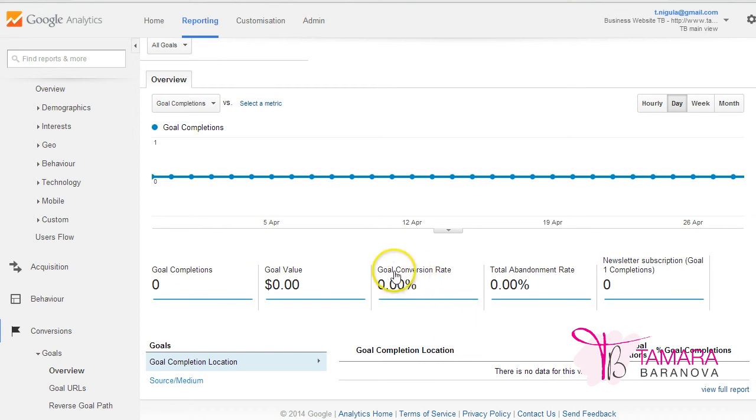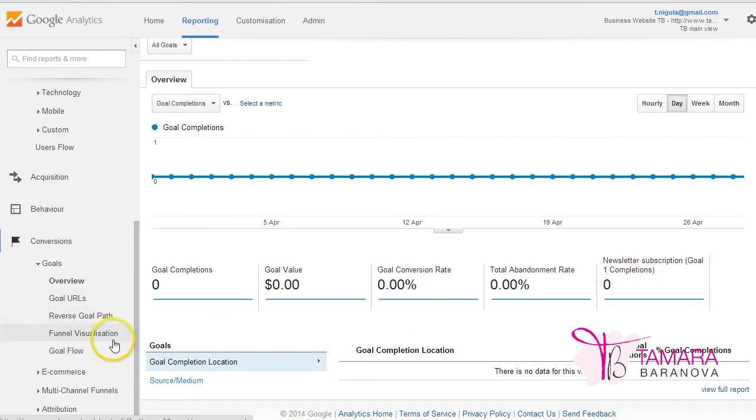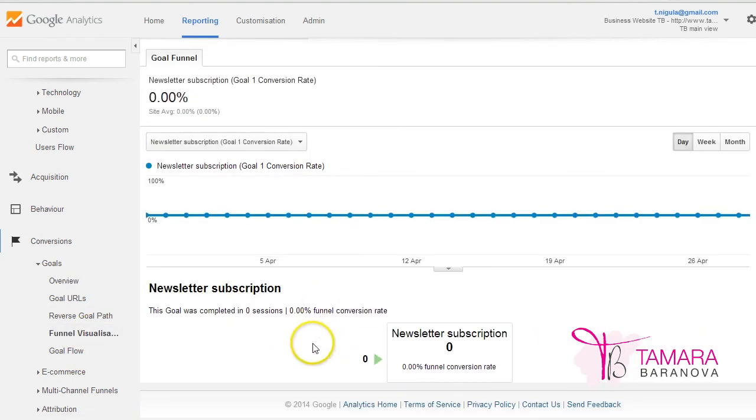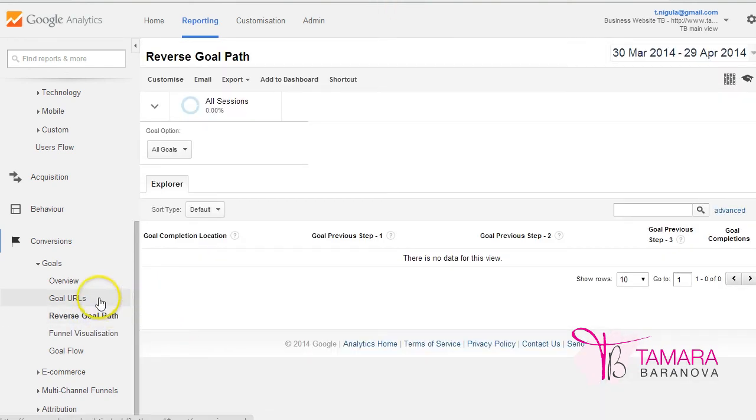And then also it will calculate for you your goal conversion rate. This is a percentage of people who sign up for your newsletter against the total amount of people who visited your website each day. How many people didn't sign up, and just the number of unique subscriptions for goal 1. And then here you can view your funnel, so what pages people view before they sign up for your newsletter, which pages they abandon on,